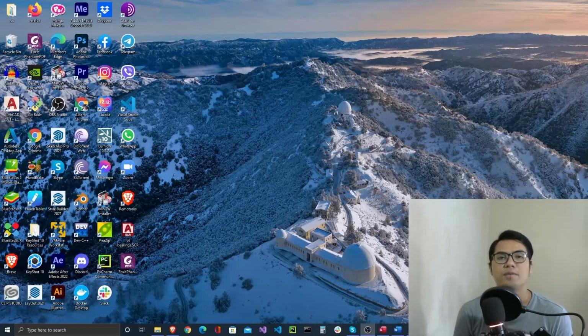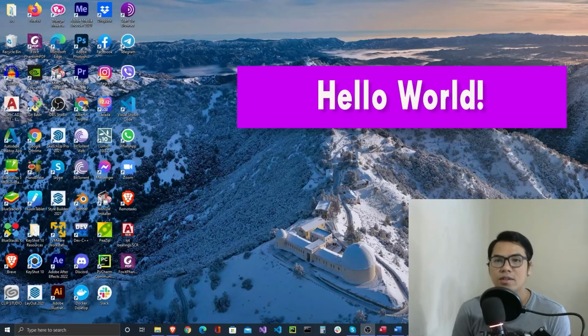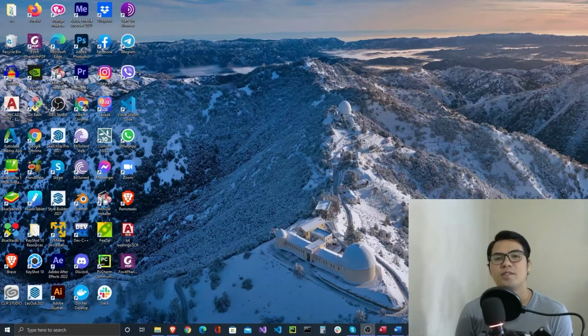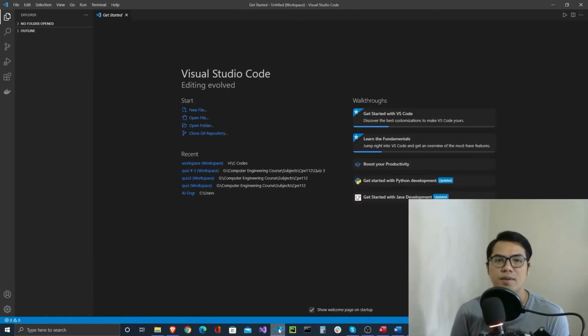And now we can create our first code or program that prints out Hello World in our CMD terminal. Now let's open up our Visual Studio Code, and as you can see in here, it's still empty. So what we have to do first is we will go to the